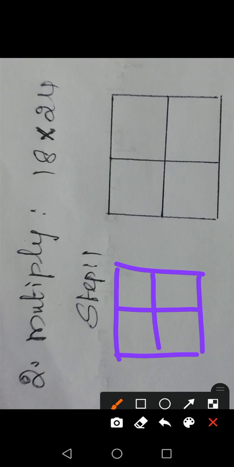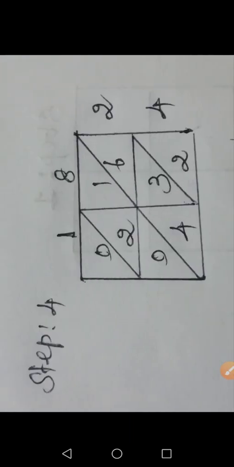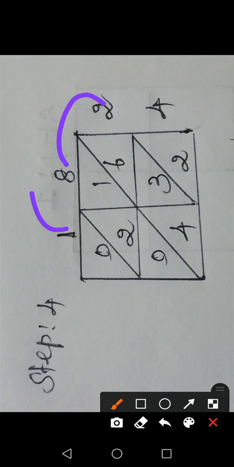So now you implement: in the top position we write the multiplicand, in the side position we write the multiplier. Then next we draw the diagonal lines. We know the procedure, so as we draw the lines, then you write the product of the numbers. 8 2s are 16, 1 2s are 2. 8 2s are 16 is a two digit number, 1 in the tens place, 6 in the ones place. So below the diagonal is the units place, above is the tens place.